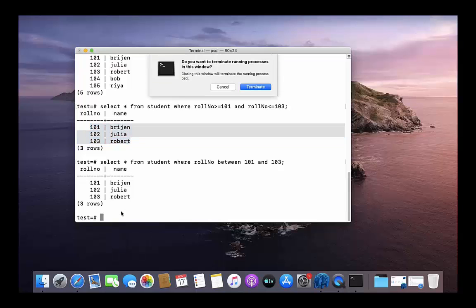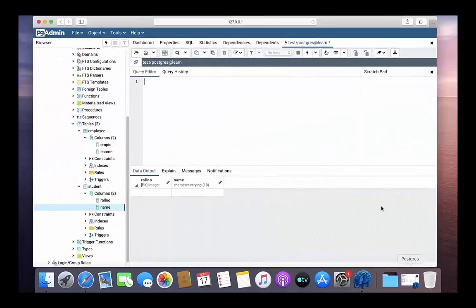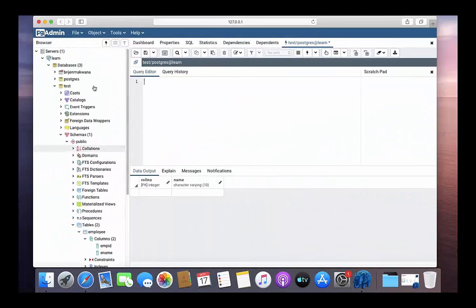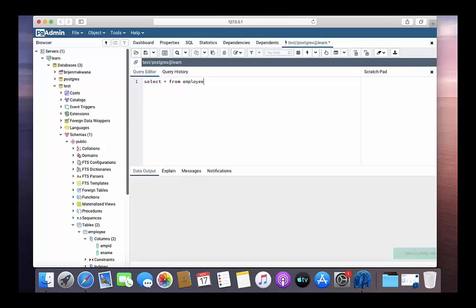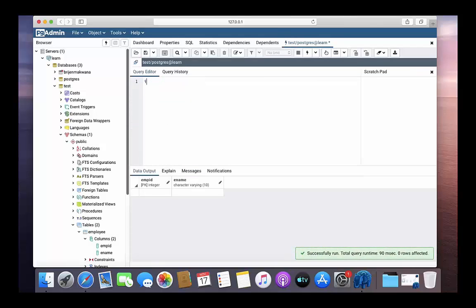So just close your terminal, open pgAdmin. Okay, so in test database here, query tool. Okay, so let us see this time. This time we will use the employee table. Okay, so it's empty. So let us first insert some values. Insert into employee values